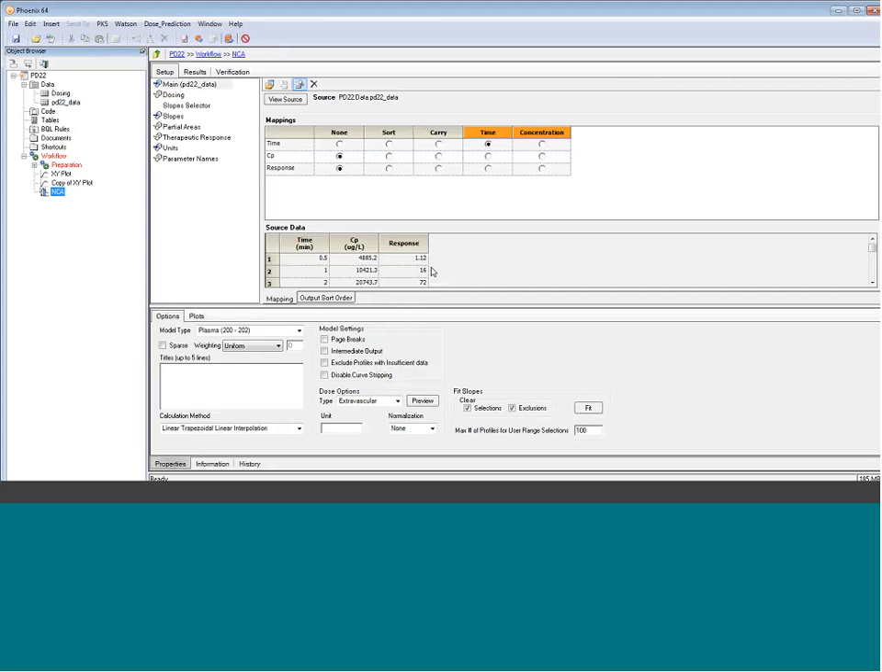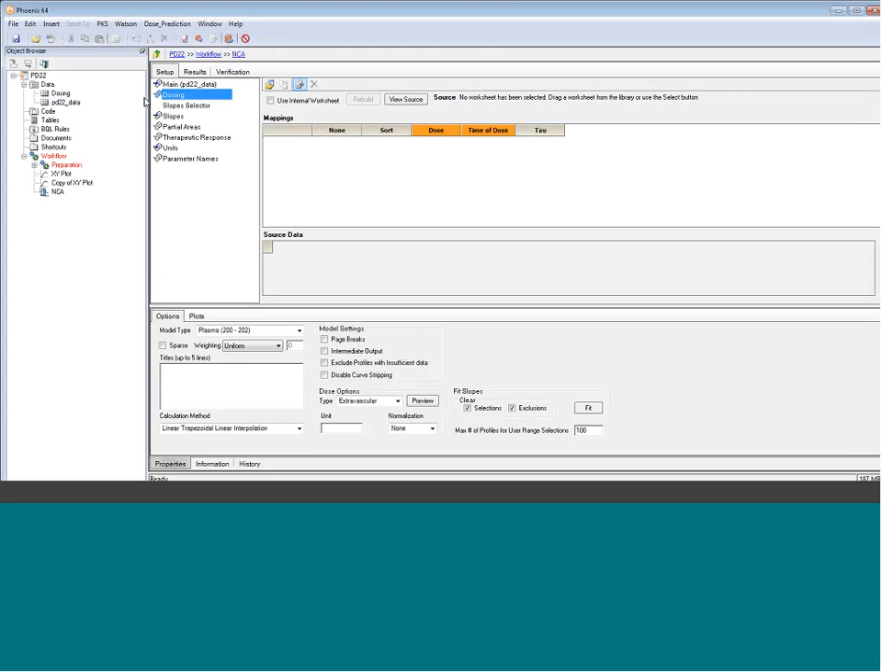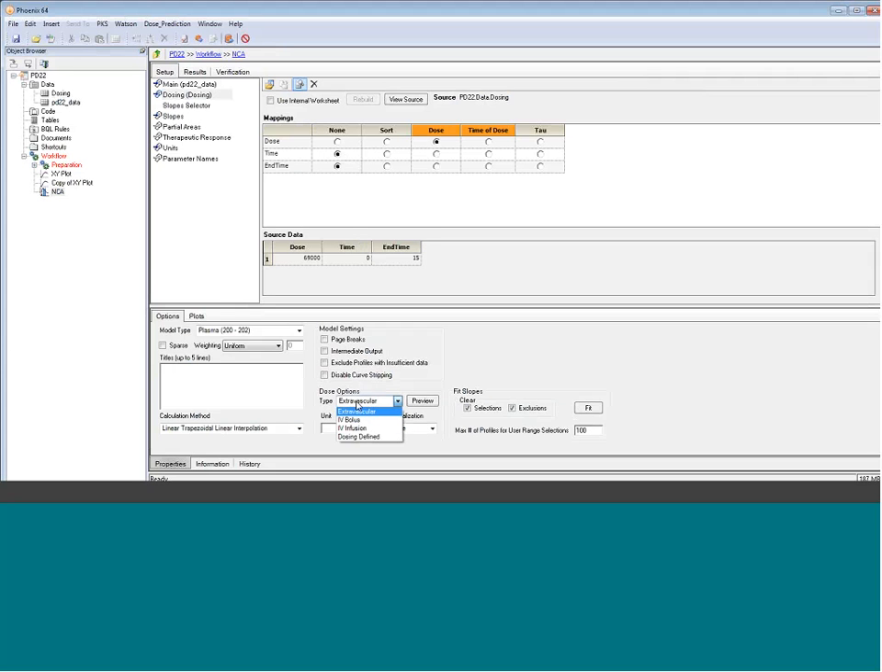So here we just map time and concentration, CP. It takes the dosing directly from here. Change it under the dose options, the bottom panel, to IV infusion. Dose is dose, time of dose is time, and end time is length of infusion. That's it. We can execute the NCA object